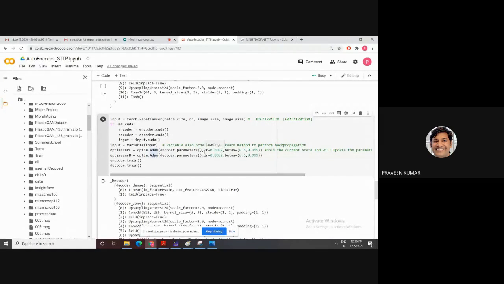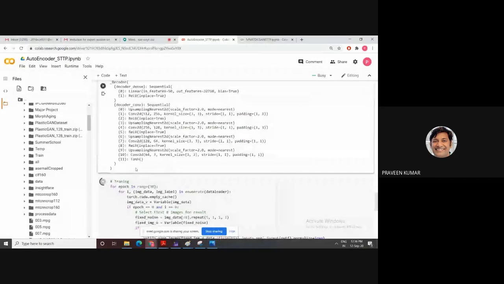The learning rate is very low, 0.001 or 0.002. Setting the learning rate is a very challenging task. Researchers give two learning rate values, 0.001 and 0.002. These two learning rates are standard. If you develop your model, use this learning rate, along with the beta 1 and beta 2 values. Then we have a trained model.